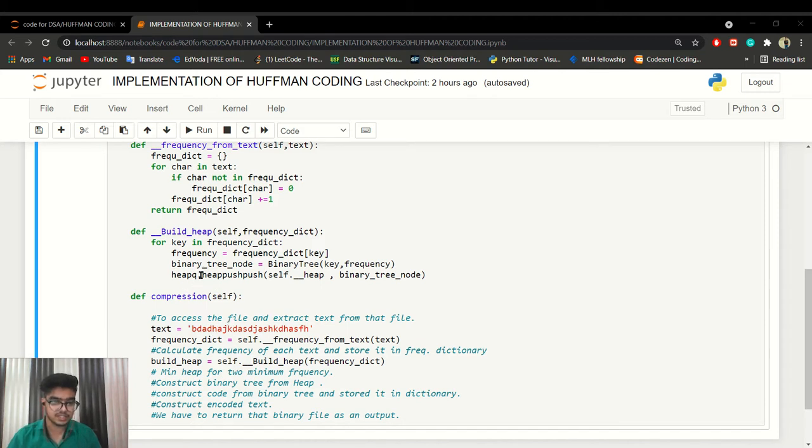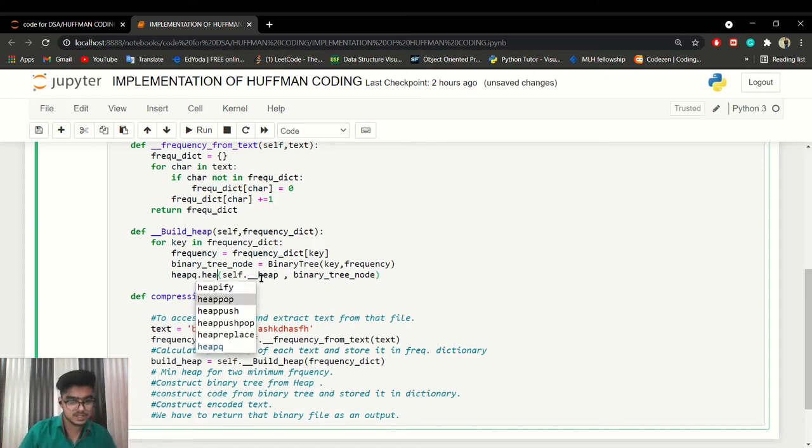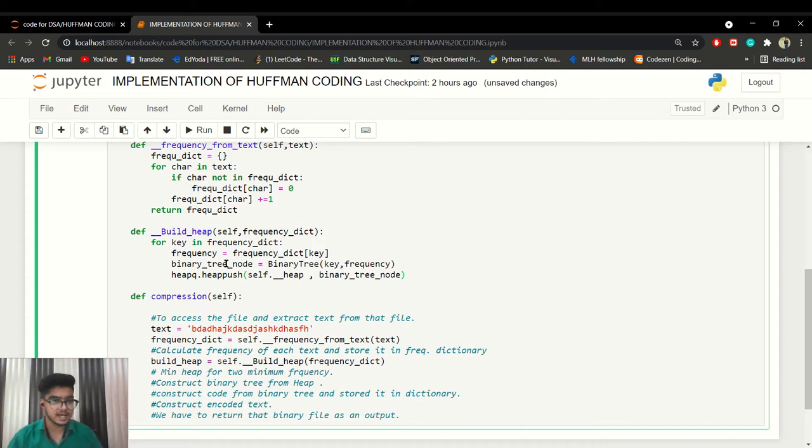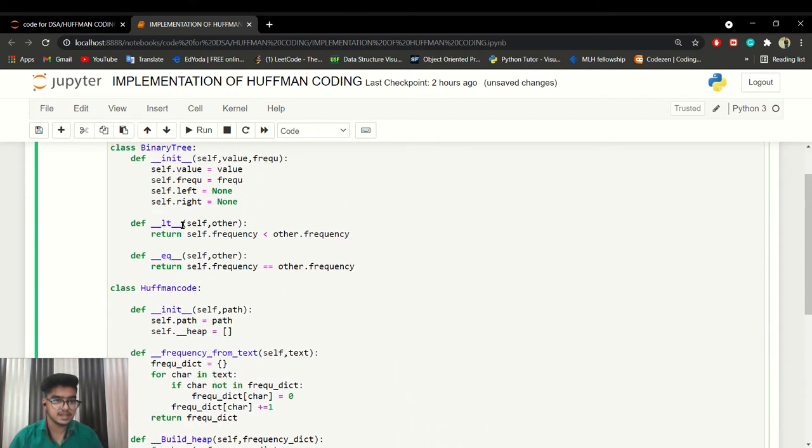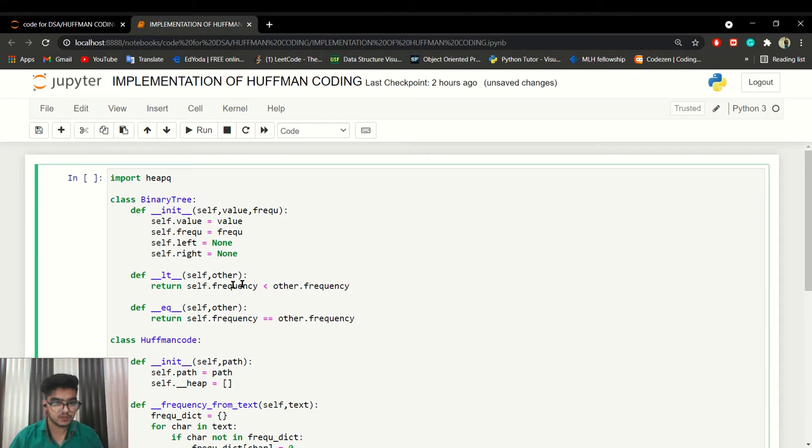So first of all, there is a heap push function. So this is around here. So if this is heap push, and another rectification is that we have to use the frequency as freq that I am using here. And one more thing I want to clear, that we are overloading that functions.